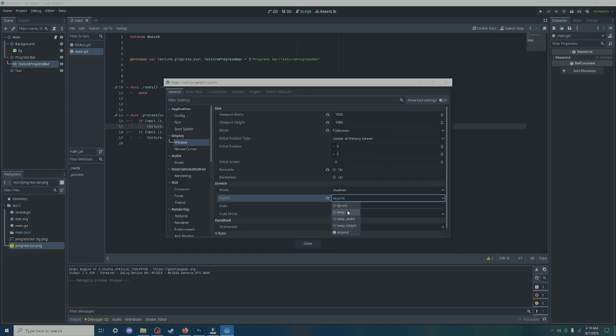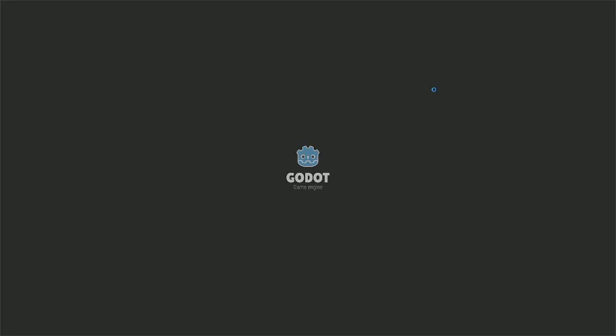It's in here somewhere. Keep. Maybe I did it wrong. Stretch. Okay, stretch is disabled. So, okay, we can stretch the viewport maybe. Yep, perfect. See, look at that. Okay, so now,